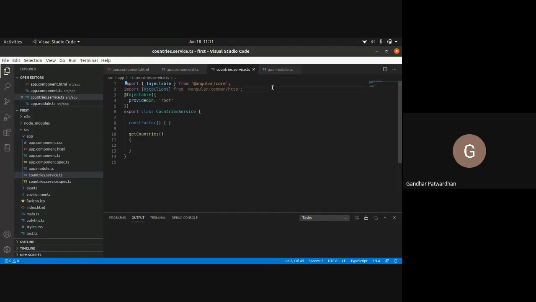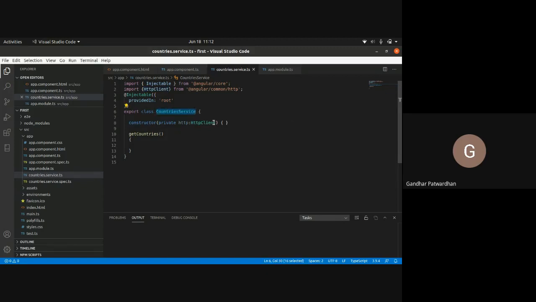Now, what is the third step? The third step is to inject this HttpClient in this service. How will we do that? I would say private http: HttpClient. It's not the module, I just need HttpClient. So the third step is to inject my HttpClient in this class. How do I inject?